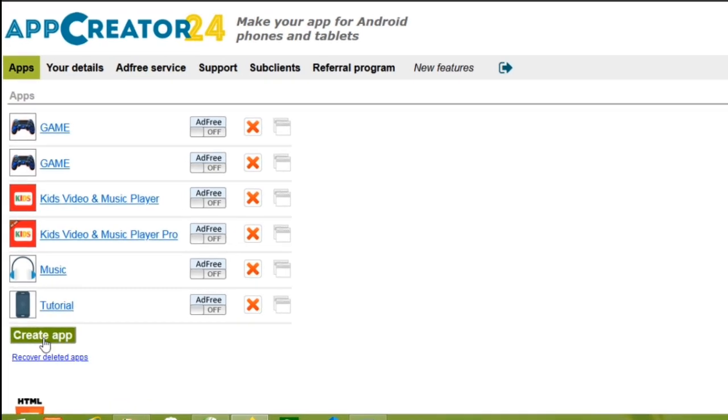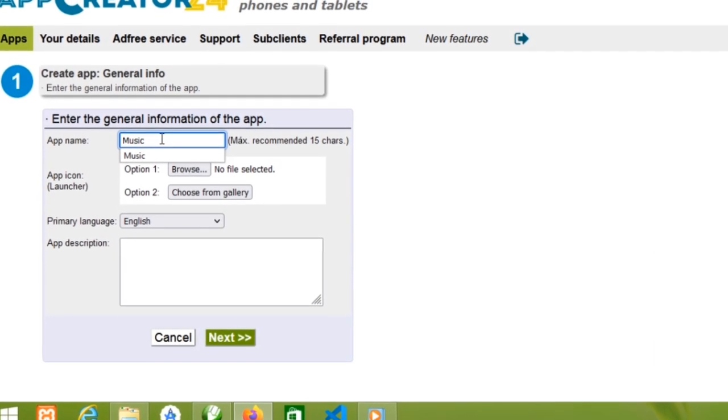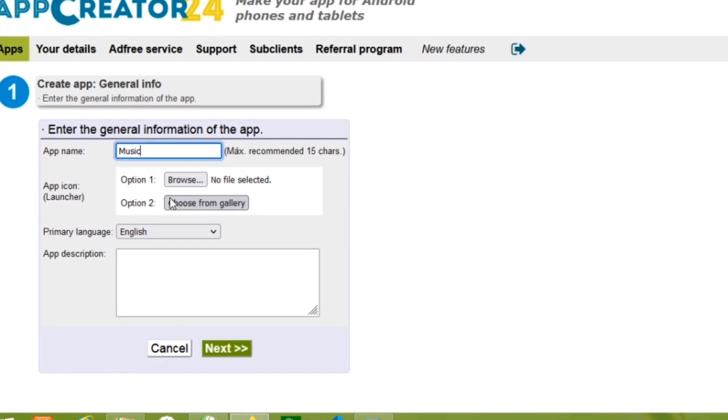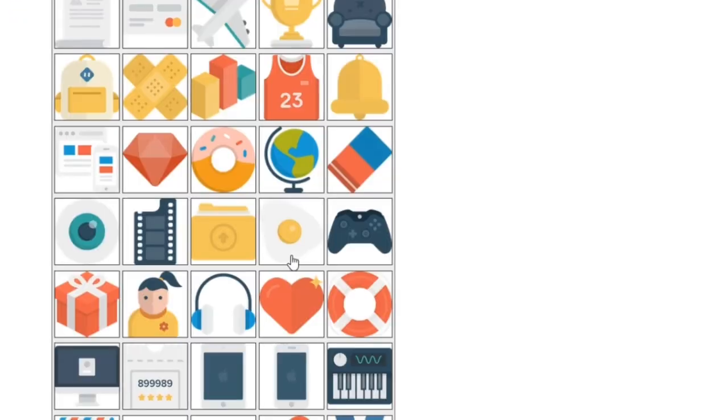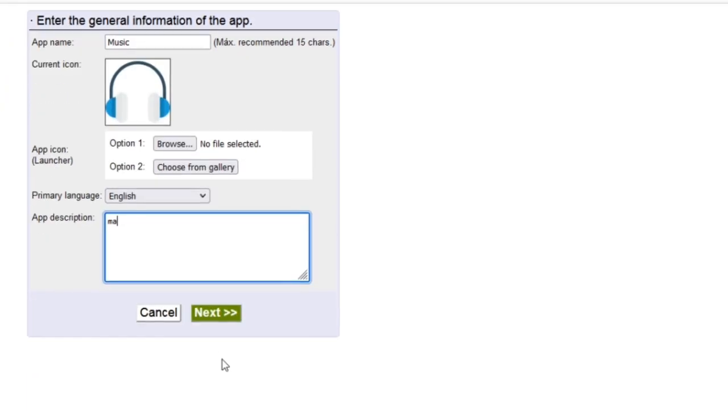First thing to do is to create a new application. Click on create app and give your application a name. So for mine, I'm just giving it a random name, music, and I'm also choosing the icon of this app from gallery. So let me just choose one of these icons, okay, and give this application a description and click